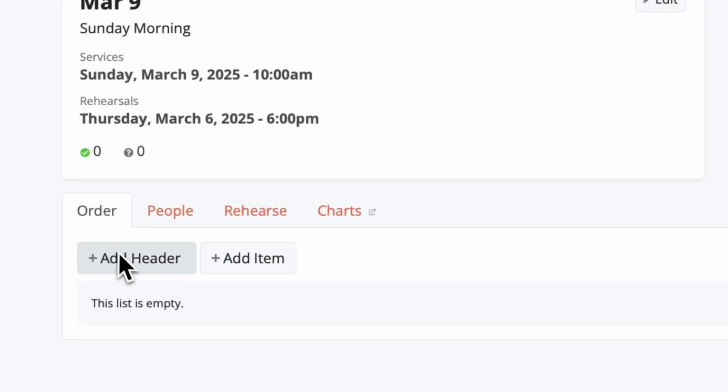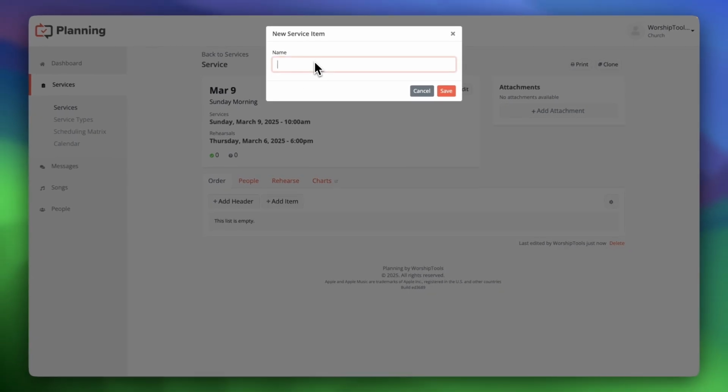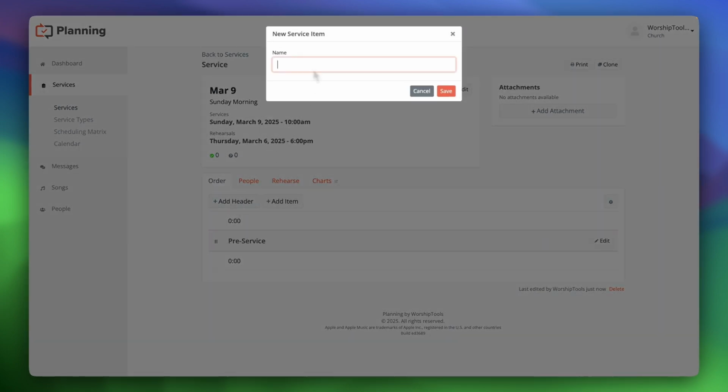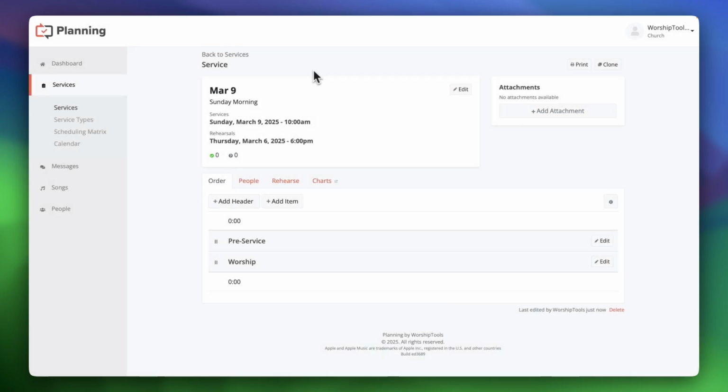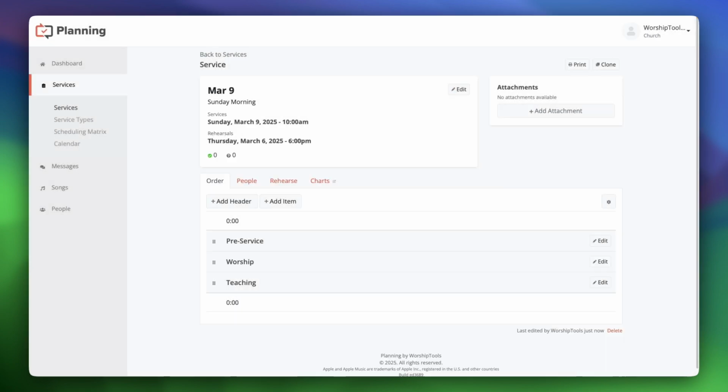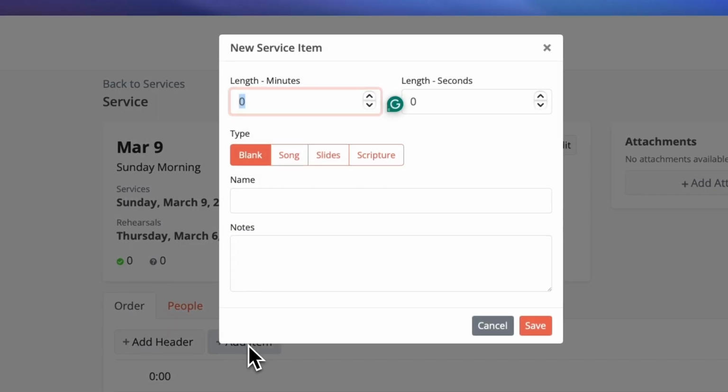Here on the Order tab, we'll plan the service items. These service items will appear in Presenter, and the songs will appear in Charts. Headers are dividers for organizational purposes. They don't count towards the 15-item limit on the free plan, so you can add as many headers to the service as you need. Items can be blank, song, scripture, or slide, and again, these sync over to Presenter and